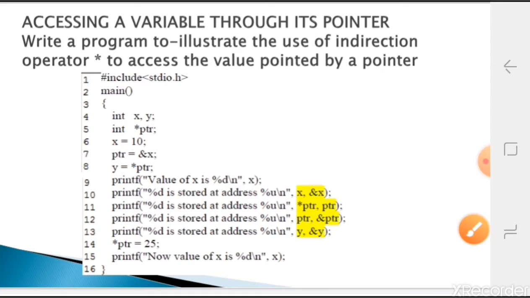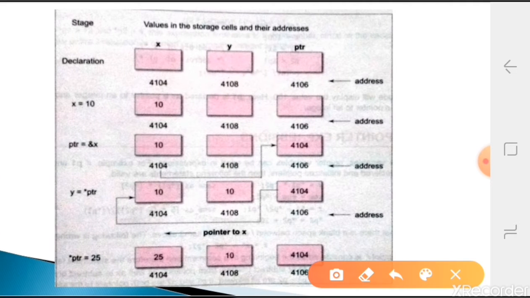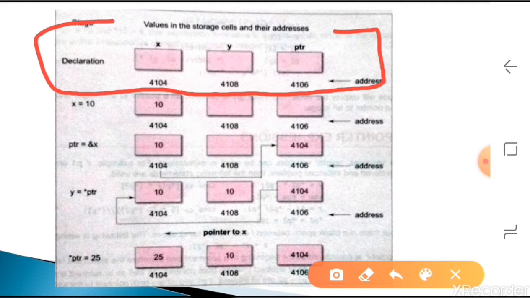Whenever we declare them, it will look like this: variable x is declared, y is declared, ptr is declared. We don't know the values yet, but when declared, memory is allocated, so they have memory addresses. Here 4104, 4108, 4106, like that.